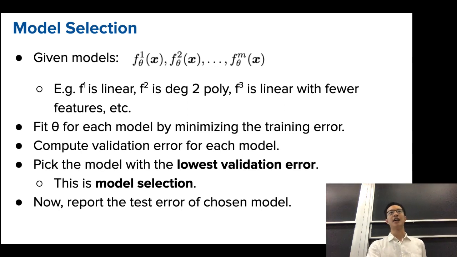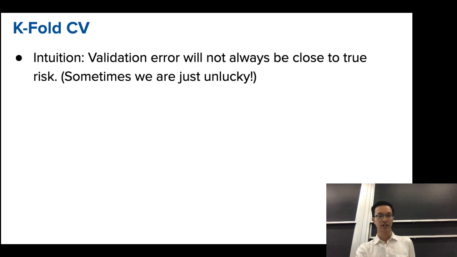What we're going to do now is focus on that validation error, and we're going to give it an upgrade. The upgrade is what we call cross-validation, and what we're going to be talking about today is k-fold cross-validation. The intuition behind k-fold cross-validation is that if you have a held-out validation set, so if you split apart your data and have a validation set,